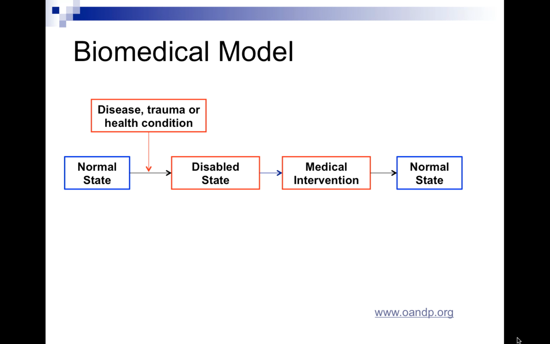Now let's talk about the biomedical and biopsychosocial models that were presented in our chapter. So let's start with the biomedical model. It was used in the 19th and 20th centuries. The biomedical model has been used to explain health and illness, where being healthy is having the absence of disease